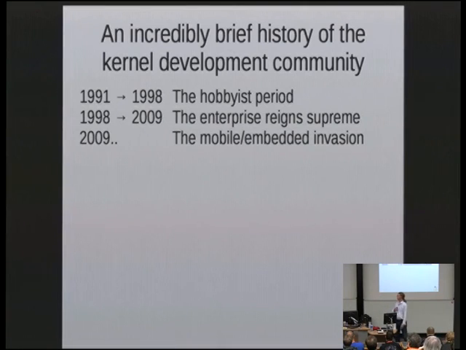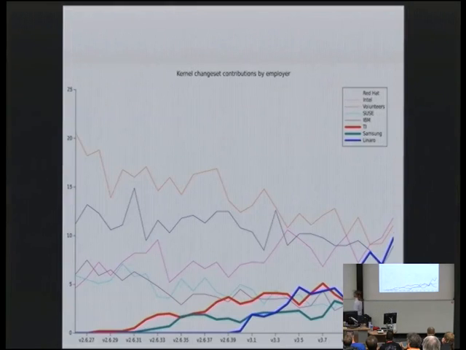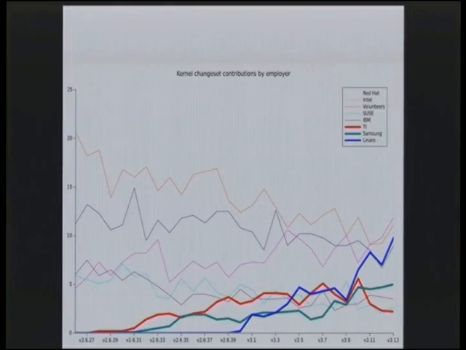But then things started to change somewhere right around 2009 in what I am now calling the mobile and embedded invasion. And we have a whole different set of developers coming into the kernel. I picked 2009 because that is this little inflection point right here. We're looking at the percentage contributions to the kernel sponsored by a whole bunch of companies. The first line is that same volunteer line that you've seen before. We've got companies like Red Hat and so on, various lines that are very roughly linear. And then the ones that I have put in bold there correspond to TI, Samsung, and Linaro. So these 3 lines all correspond to contributions from the mobile and embedded world, and really just a small piece of it, but we see that they've already